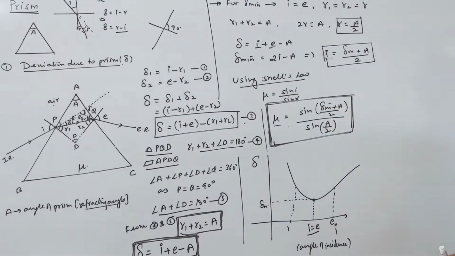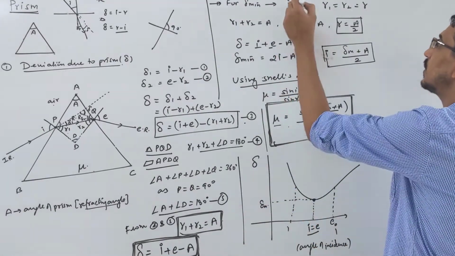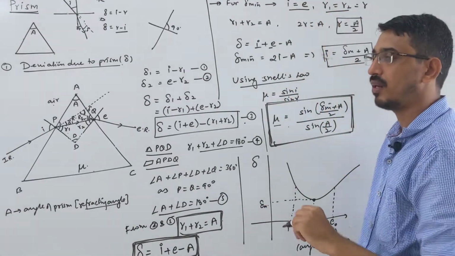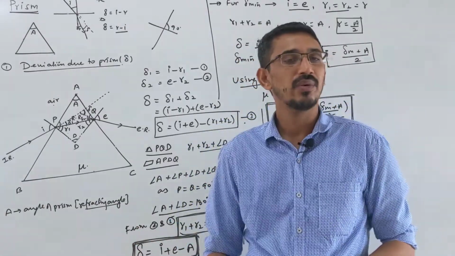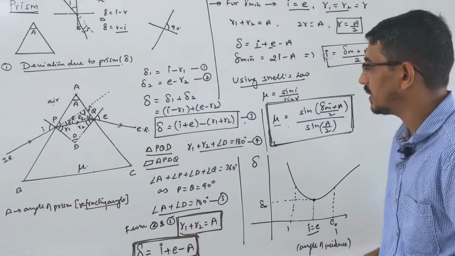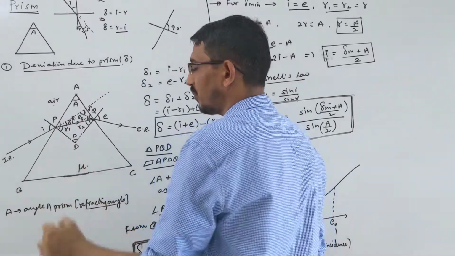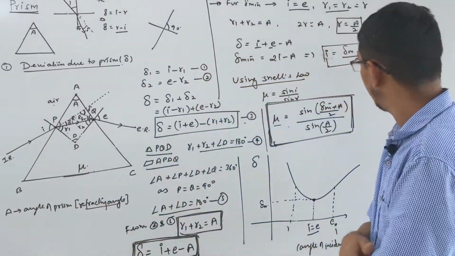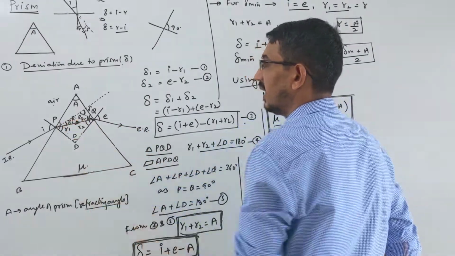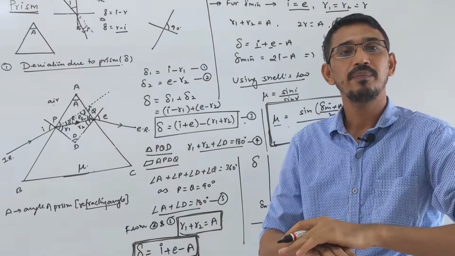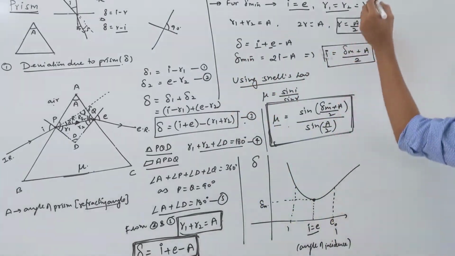Also, one important thing: a theoretical question is asked in case of minimum deviation. When minimum deviation is happening, this will always hold: the angle of incidence and angle of emergence will be equal, and angle of refraction 1 will be equal to angle of refraction 2. One more thing happens: this refracted ray will be exactly parallel to the base of the prism. In theory they have asked this. So the refracting ray is exactly parallel to the base of the prism when minimum deviation is happening. I'm writing it in words also because it's very important.